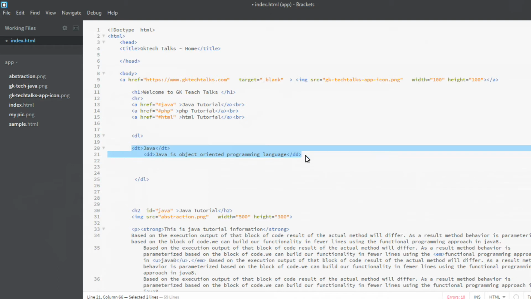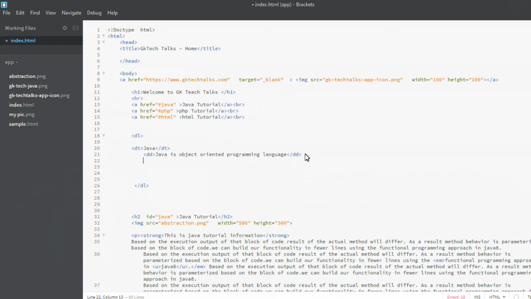Similarly, I'm copy pasting this same item and changing the text.